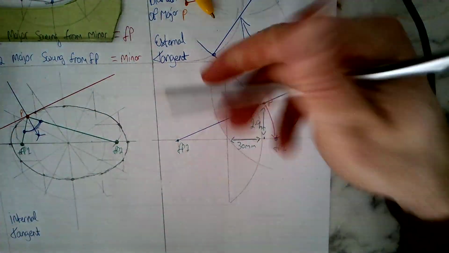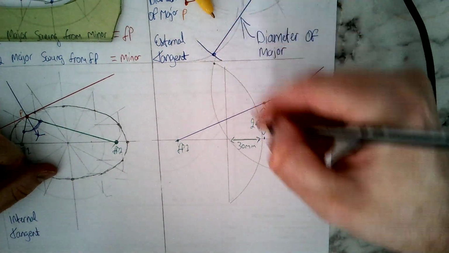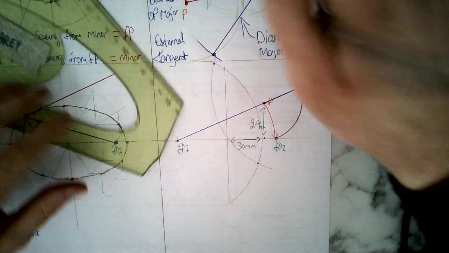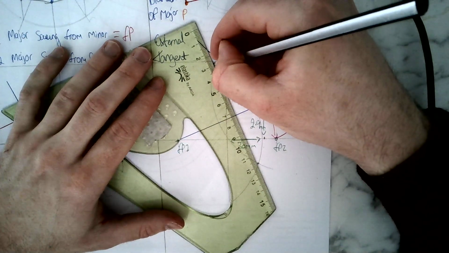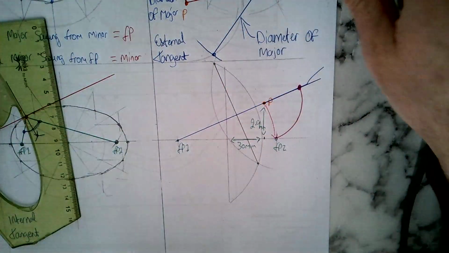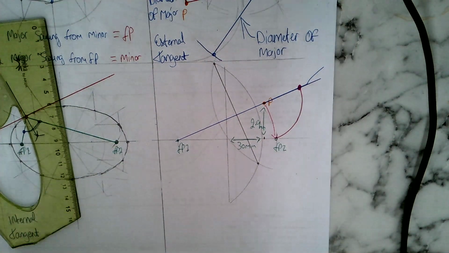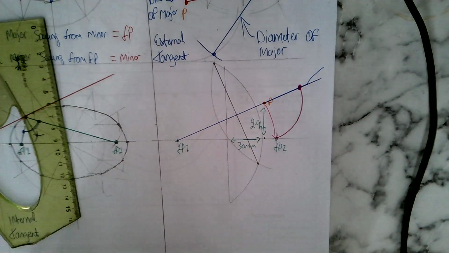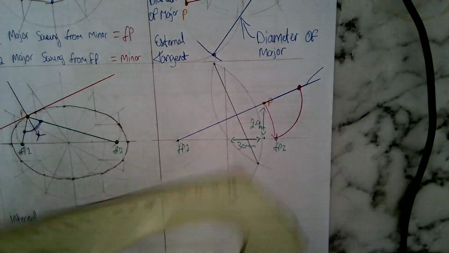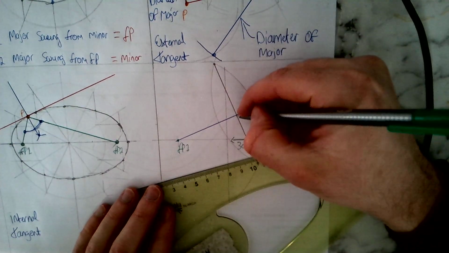Okay, where they cross over, we'll connect those points up. And now what that gives us there, and we're not going to do any more workings on this because we want this to be purely on how to get the radius of the major. So from this center point here,